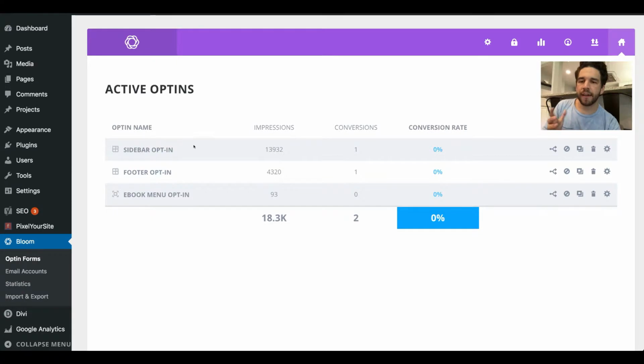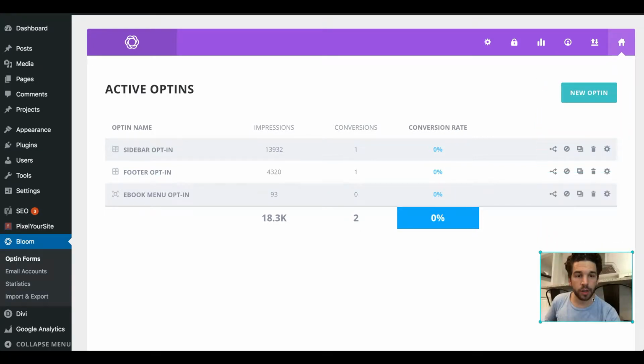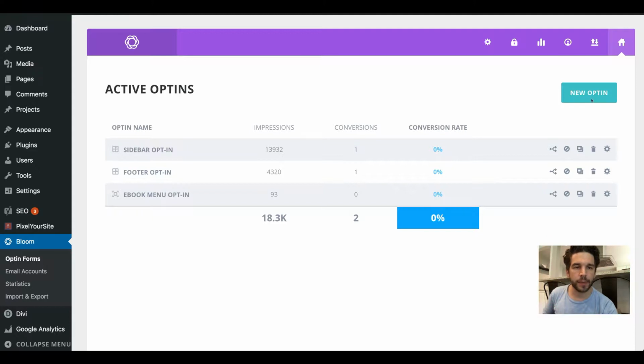Now as you can see, I have 3 opt-ins going on this site. We've had 18.3 thousand impressions and 2 conversions, so obviously we need to do a little bit better there, but this is more for testing purposes than anything. So let's say I want to create a new one. Well, obviously you're going to select new opt-in,